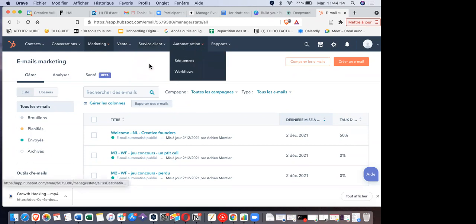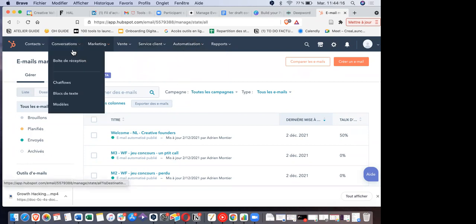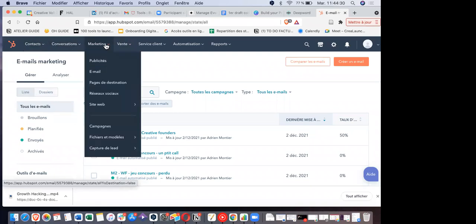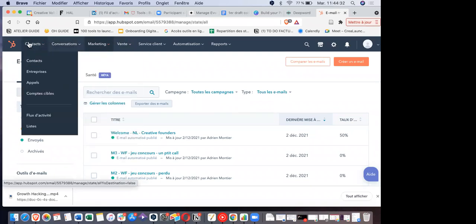And you also have automation. So basically, you have a lot of mailing solutions. You have MailChimp, you have Lemlist, you have HubSpot. And mailing solutions are really great because they are quite invasive too. So if I want to go and show you,